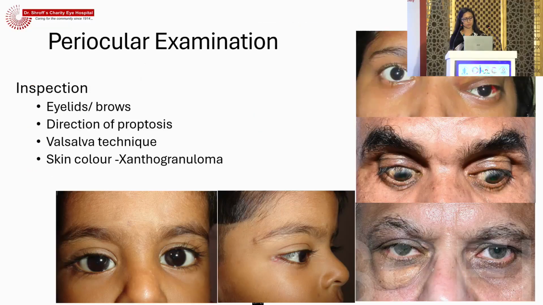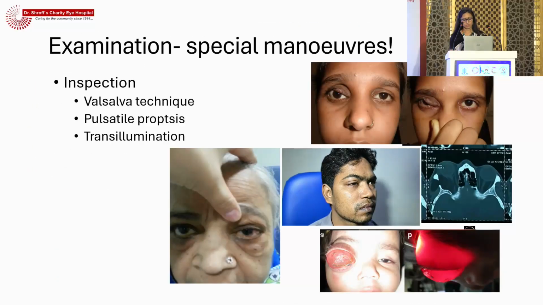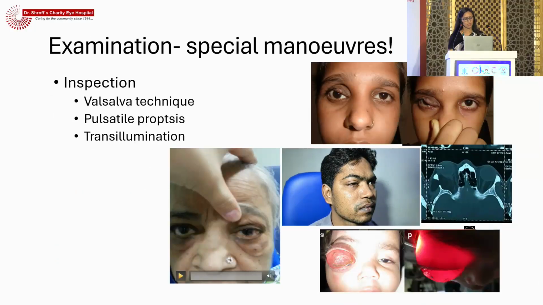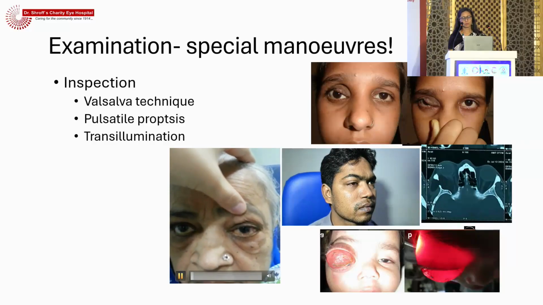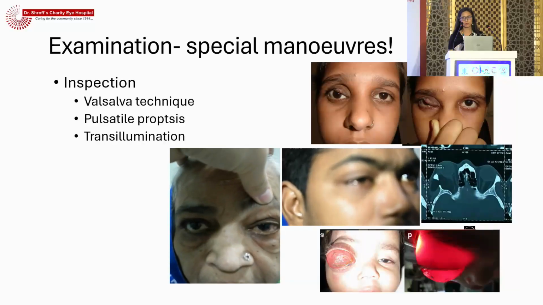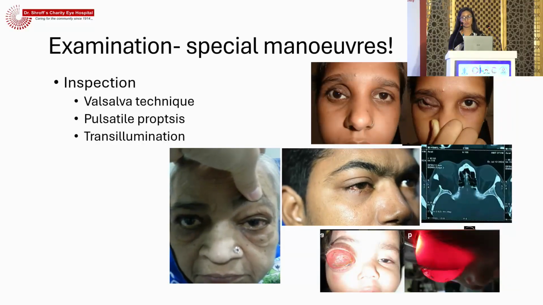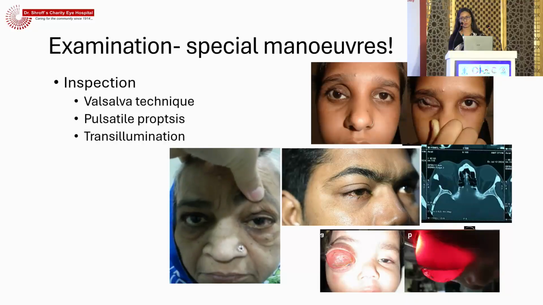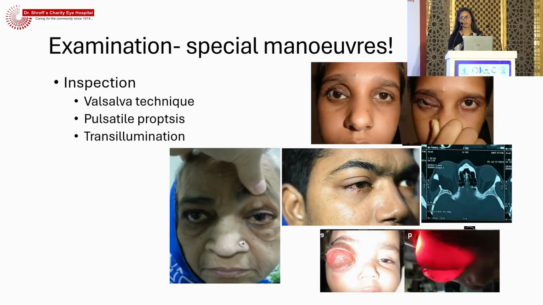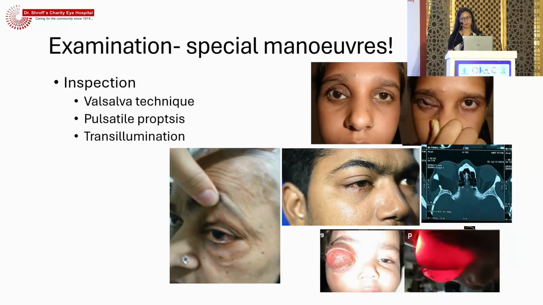can also have palatal involvement. Periocular evaluation, again looking at the color of the skin, looking at some fistula, lid lag, these are again things which, even without touching the patient, we can get a clue to the diagnosis. There are some special maneuvers sometimes which we do in proptosis patients, something like the Valsalva maneuver. We know that if the proptosis increases, or the enophthalmos becomes better and the eyeball comes to the normal position, or the proptosis increases with Valsalva, we might be dealing with a varix or a veno-lymphatic malformation where there is a